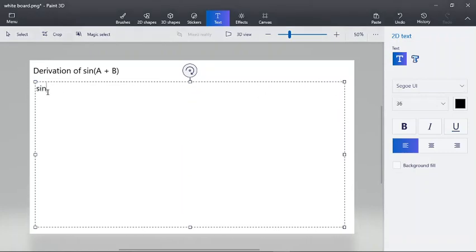Sine. Dealing with sine A plus B. If you remember from last tutorial, A plus B, we can rewrite it to this thing. I don't think I'll write down we can rewrite it because you can hear me saying we can rewrite it to this. Yep. If you guys want me to repeat that, write it.